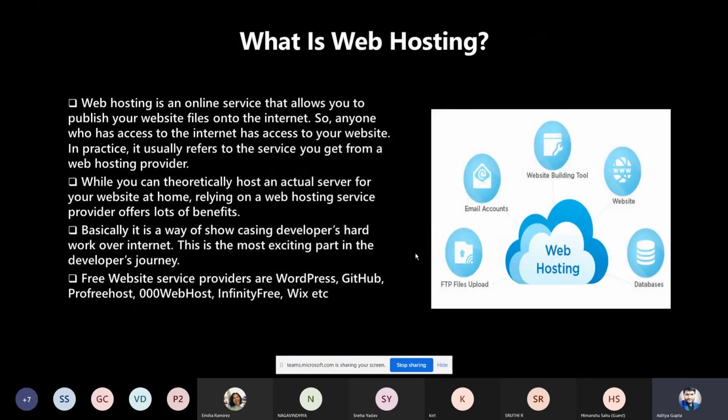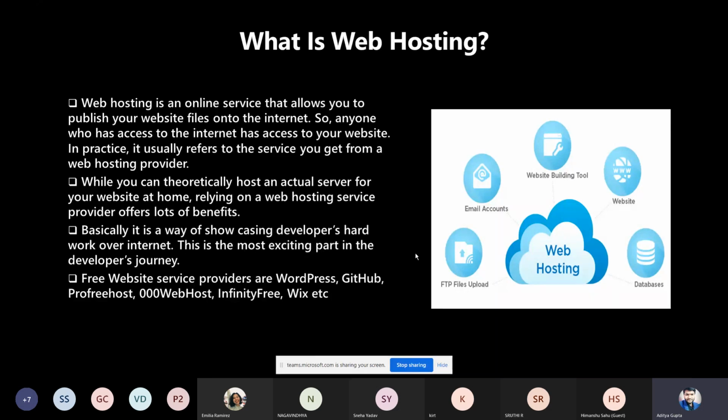Web hosting is the most important, happy journey for a web developer. Why am I saying this? Because I'm a web developer from an OWASP student club in my college, and I have also done an internship in web development and designing. So I know how good it is to host a website and how interesting and exciting it is. It's a way of showing the talent of web developers over the internet, which can be seen by anyone. So it's like a talent exhibition.